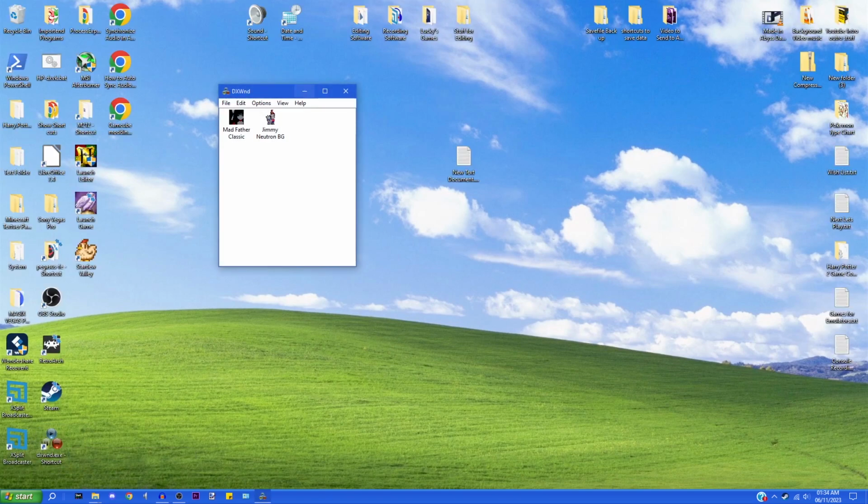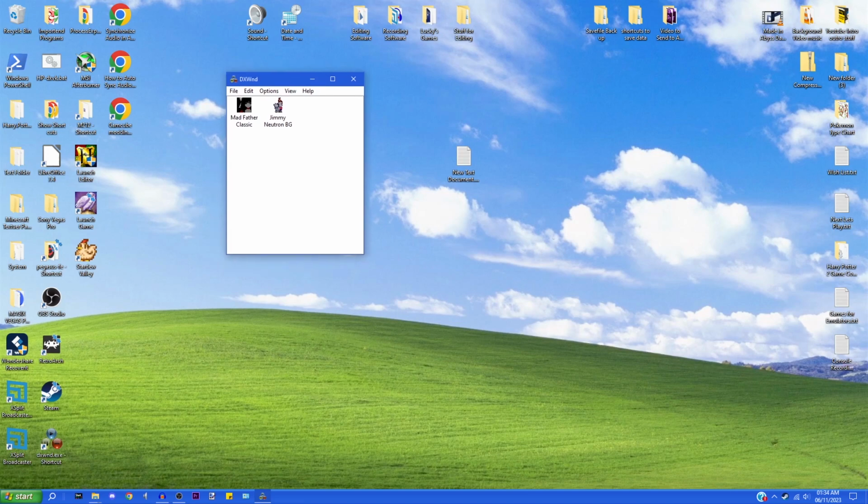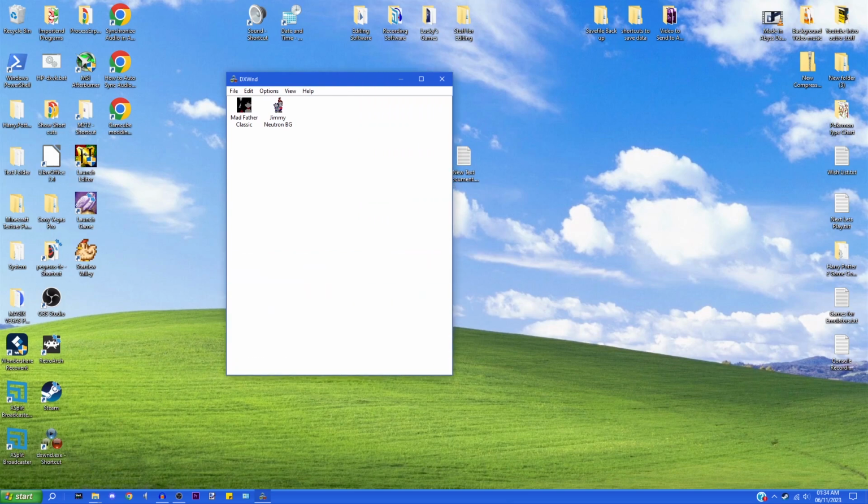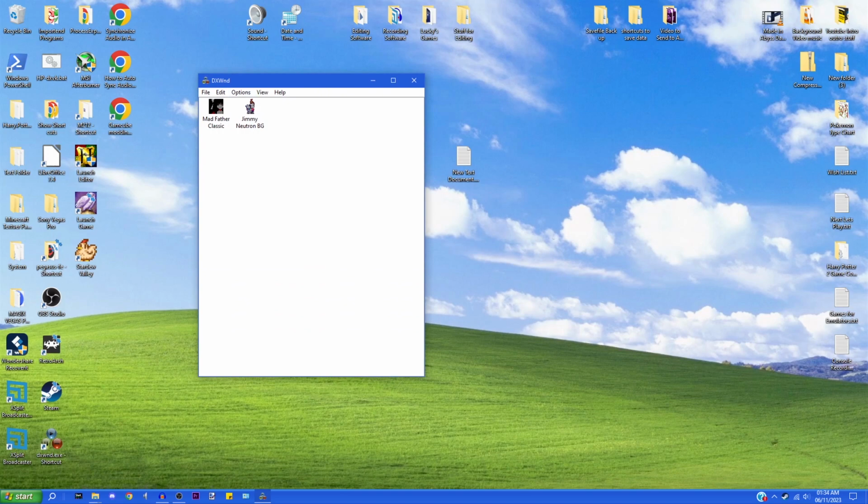If I open it up, as you can see, I've only got a couple of games in here at the moment. But basically, any game that's freaking out and is not recording properly like it should be, this allows me to emulate any old school game from that era, and I can make it behave however I want. So for example, if I open